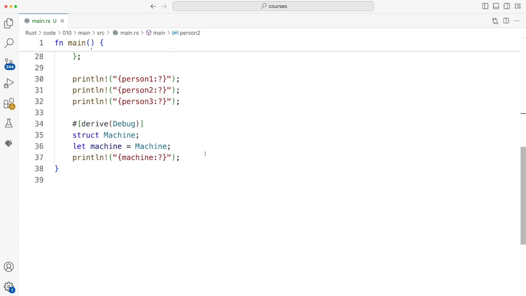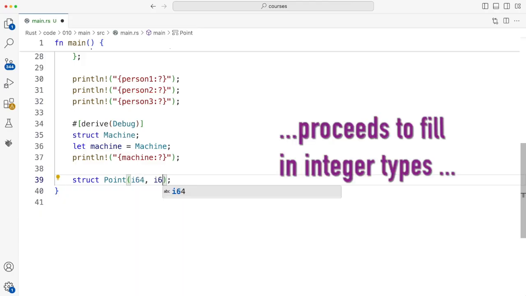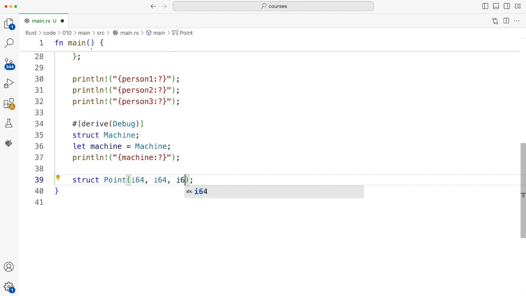Now we can also have a struct that has fields that aren't named at all. These are called tuple structs, and the difference between these and actual tuples is that these have a name, so you can use the name of them as a type, whereas a tuple wouldn't have a type name, it's just a generic tuple. So let's say here, struct Point, let's have a 3D point. So in that case, I'm going to want some floats, I suppose. Let's say f64, f64, f64, 3D point.